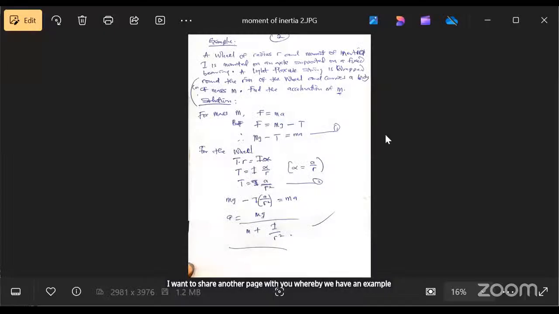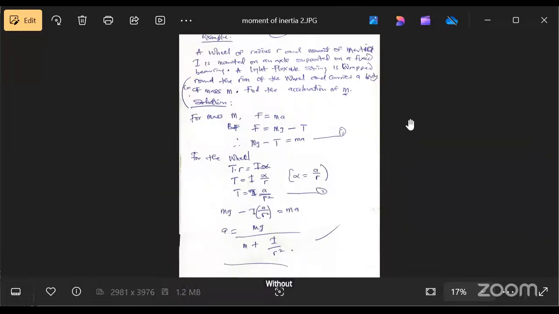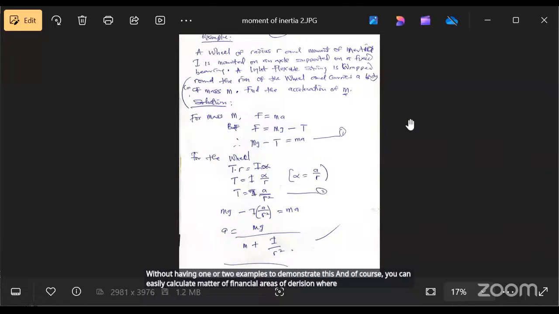Now, you see, we cannot deal with moment of inertia without having one or two examples to demonstrate this. And of course, you can easily calculate moment of inertia and radius of gyration when you are given the known variables, and you can be able to deploy your